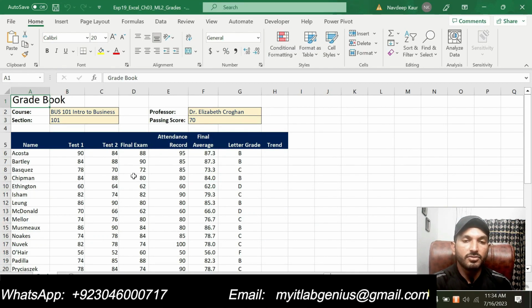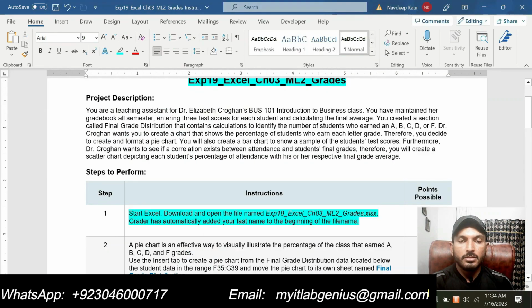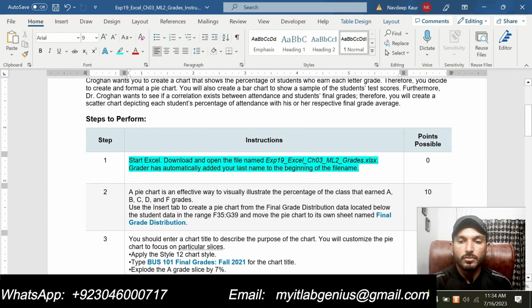This is the Excel sheet where we are supposed to apply all the functions and formulas to get this assignment done. So the first step is just about downloading the file. That is why I will simply move to step number 2.